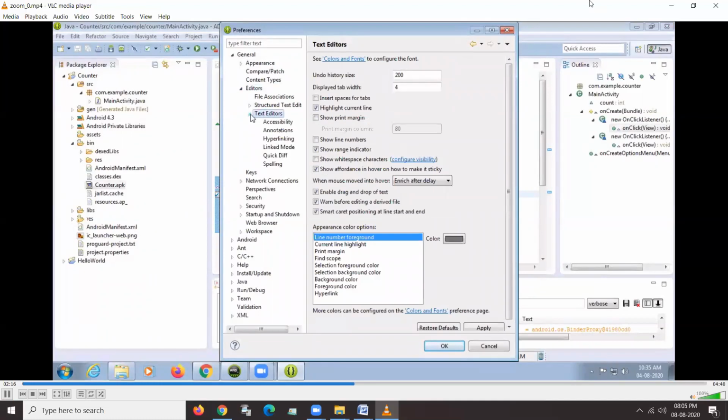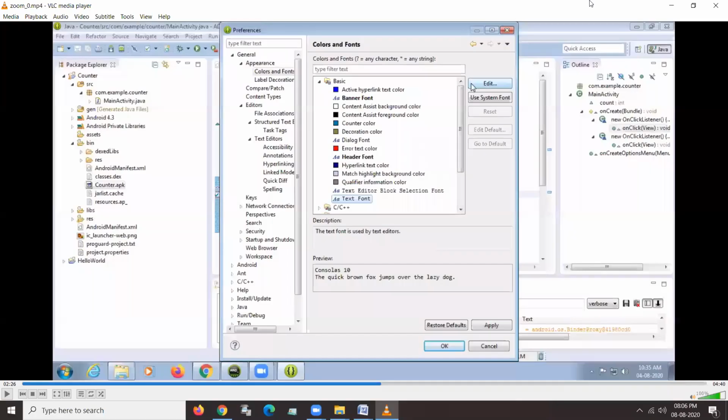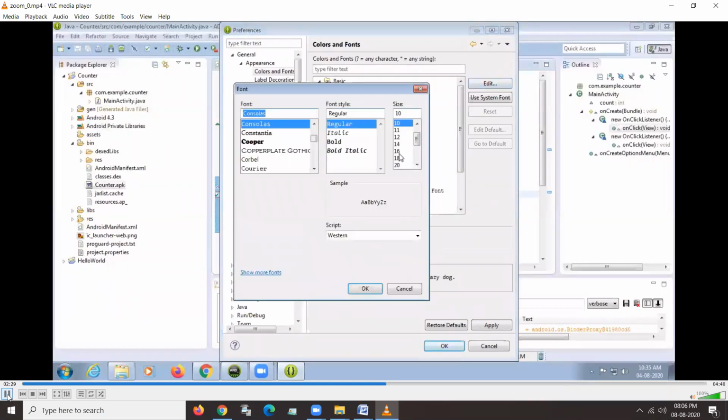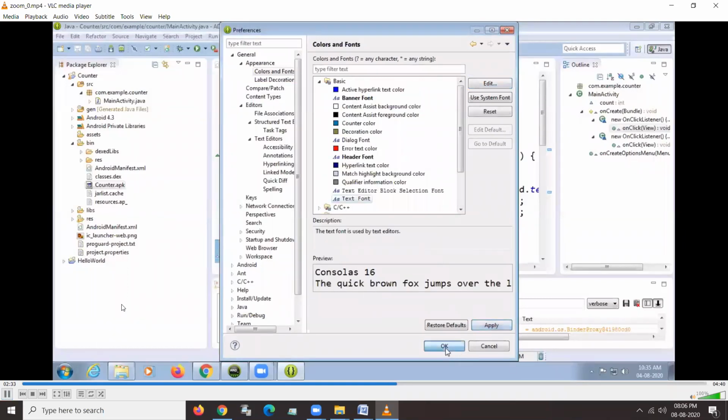Okay, so this one, the text editor. You can pick the font, and again go to the edit option and you can set the size to 16. So this font you can maximize.